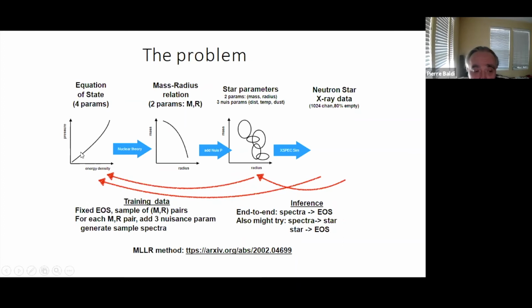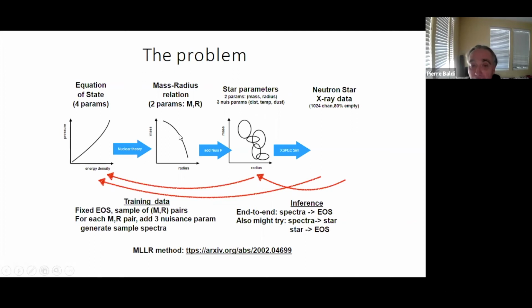And when you expand the theory, what you get are curves in mass radius space on which the neutron star can live. So for different settings of these parameters, you're going to get different curves corresponding to different possibilities in the universe. And then, of course, if you go in the forward direction, there are models that allow you to produce spectra